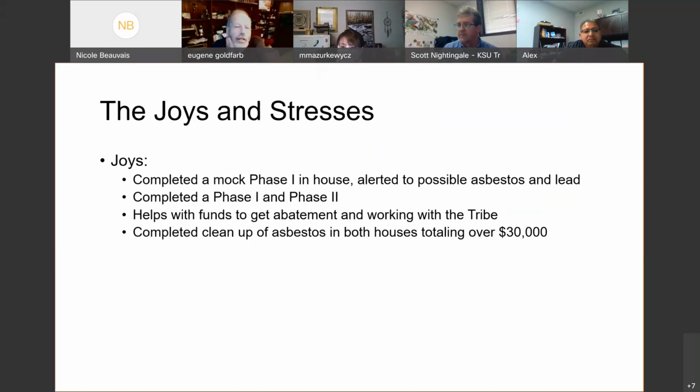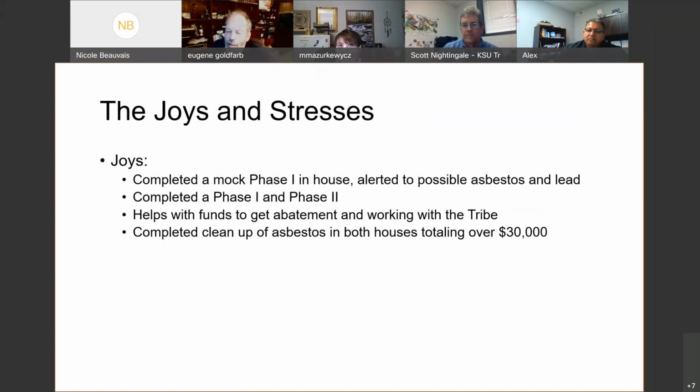That was an extra concern we had when they were going to demolish those. Then we paid for phase 1 and phase 2, and helped fund an abatement and a cleanup of the asbestos of both houses. It was about $30,000.